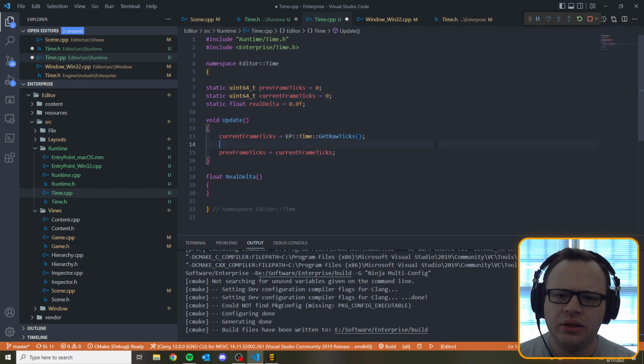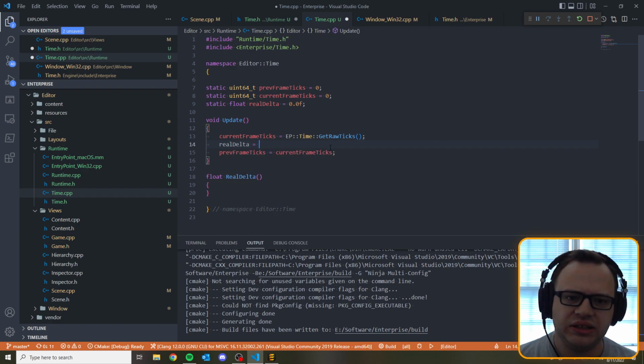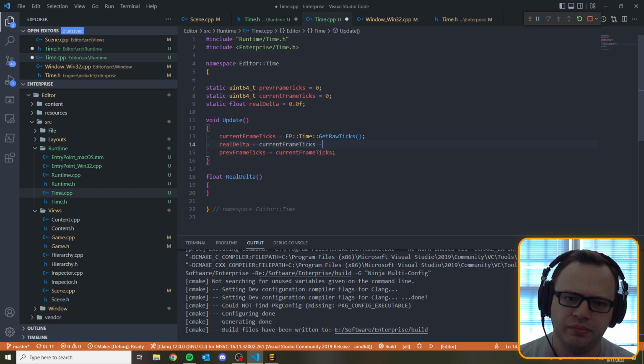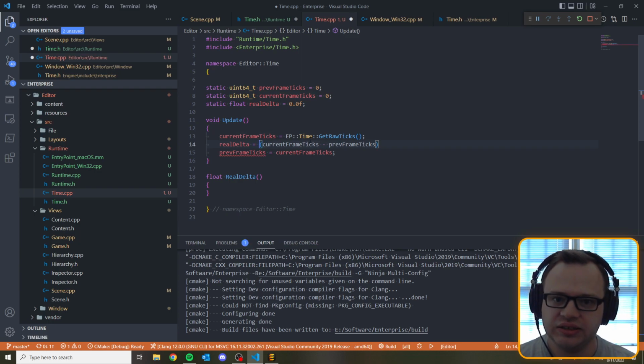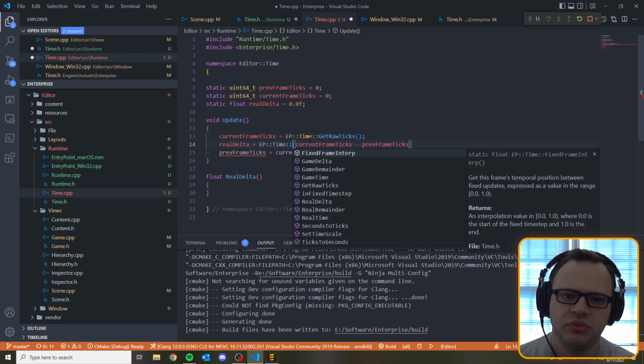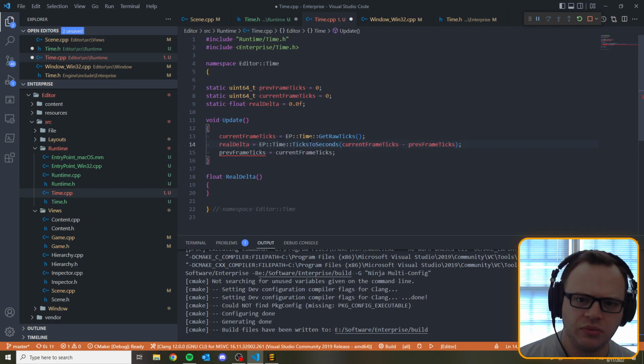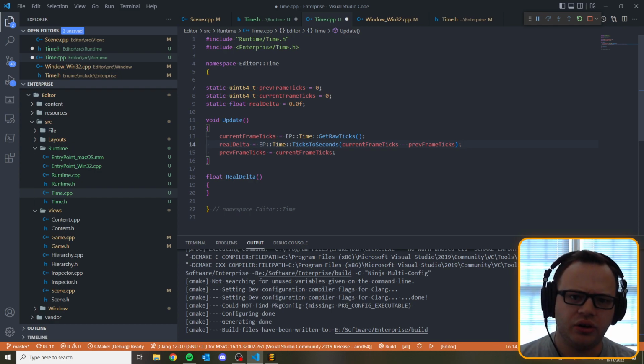But yeah, here we go. Now that we've got the ticks from current and previous frame, we can now say current frame ticks minus previous frame ticks, and we can convert that into seconds using EP time ticks to seconds, like that. Okay, so now the editor has its own time delta measurement,